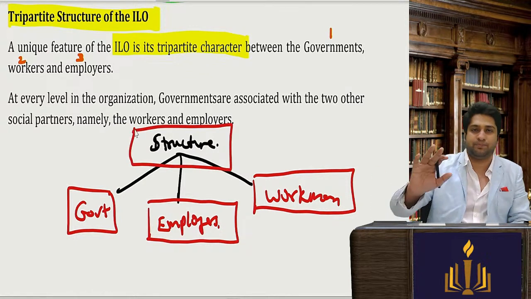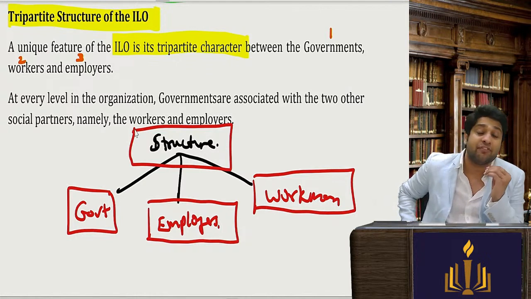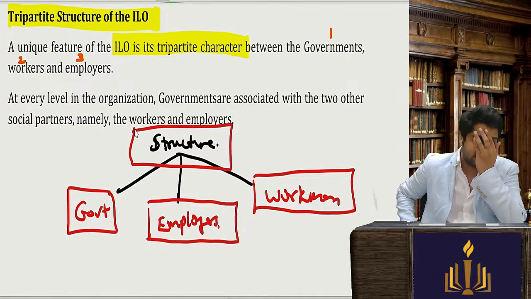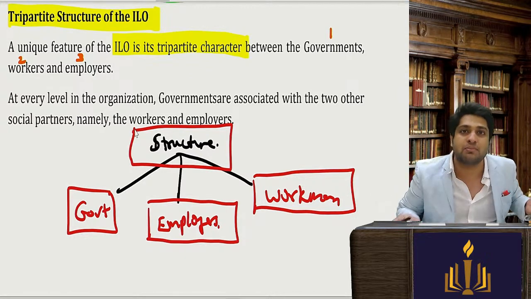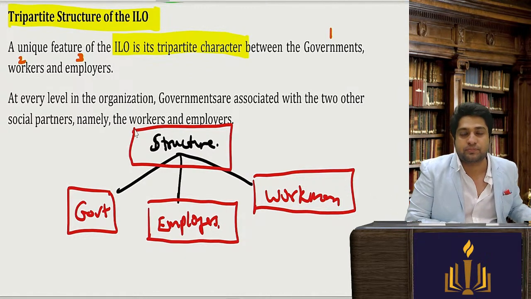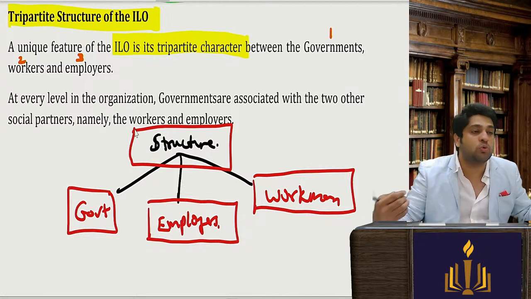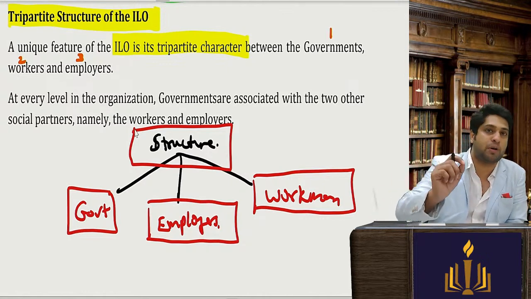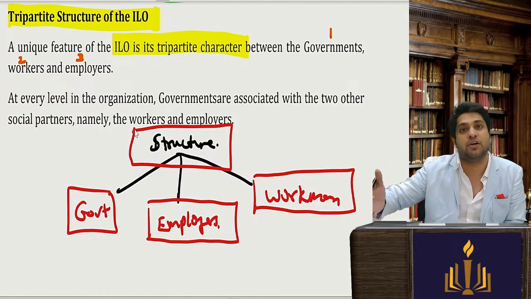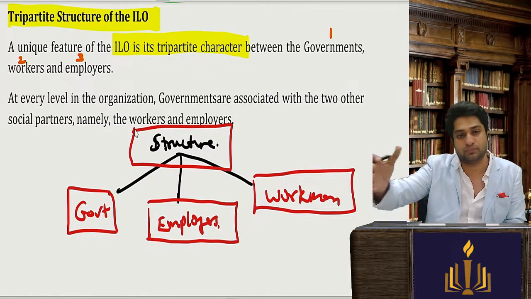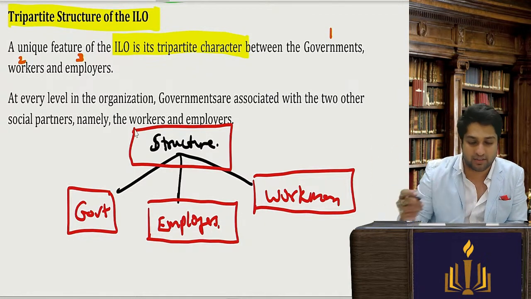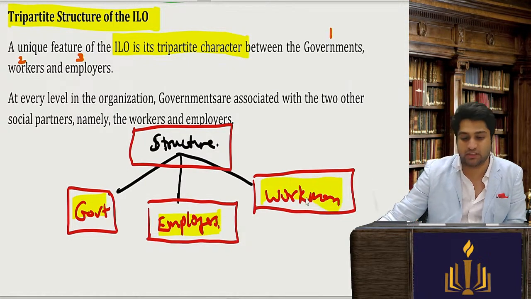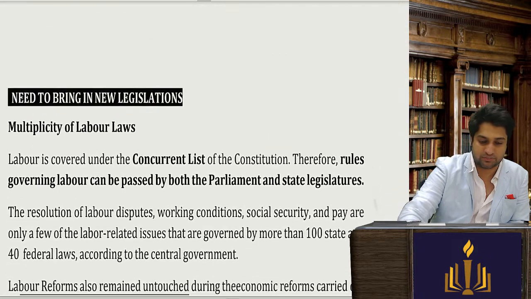Now logically, understand, it can never be only labor centric, labor favoring, because then businesses will say, listen, how do you run a business? How do we make profit? If no business, no employment, okay? So we have to keep it balanced. So to ensure that there is a proper balance, a tripartite structure of all the three affected parties is there: the government, the employers' representation, and the workmen representation.